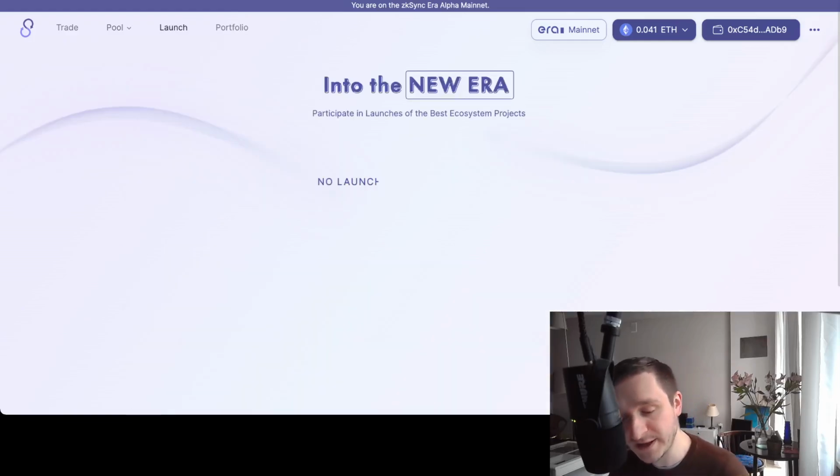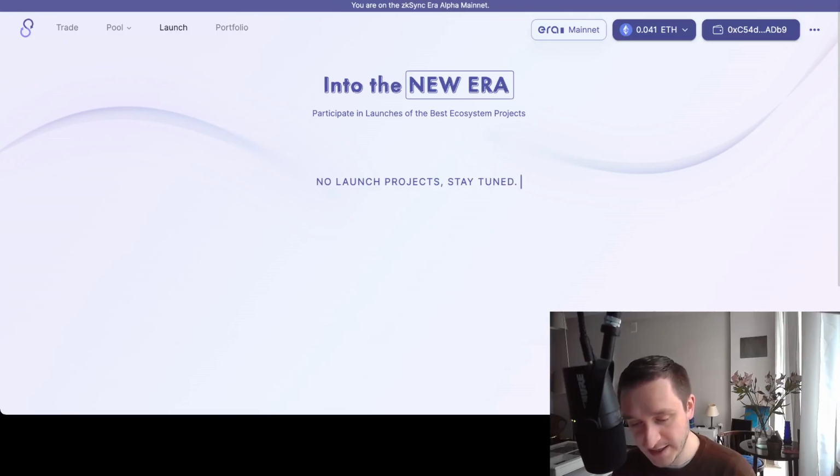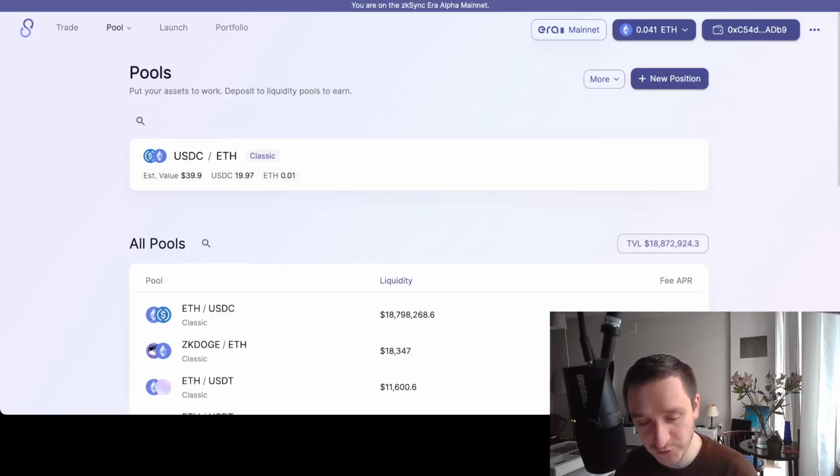But before pools, this is the cool stuff: you will have a launchpad here. So you will have a launchpad for zkSync projects directly built into SyncSwap, which is pretty cool. For now, there are no launch projects. Stay tuned. Now, if you go to the pools and click on the pools up above, then you will see